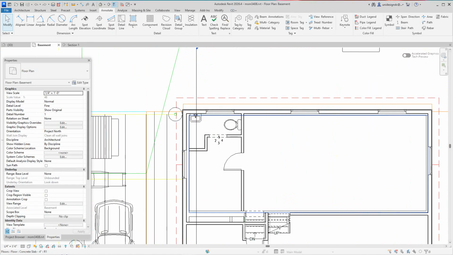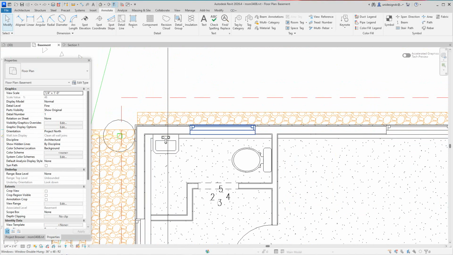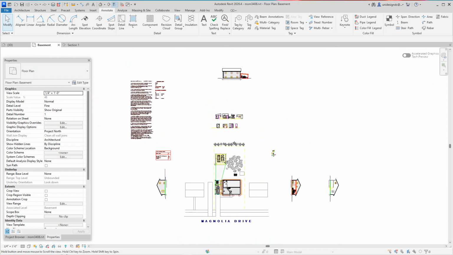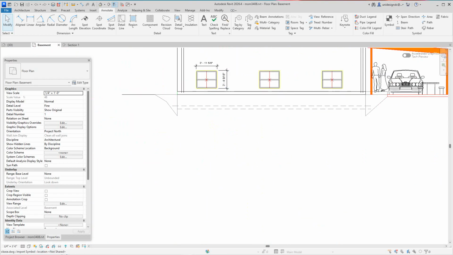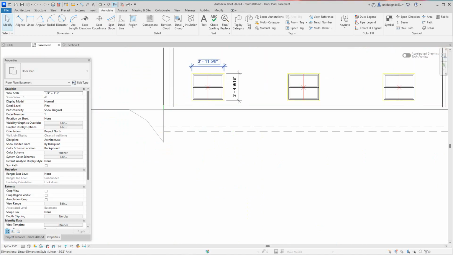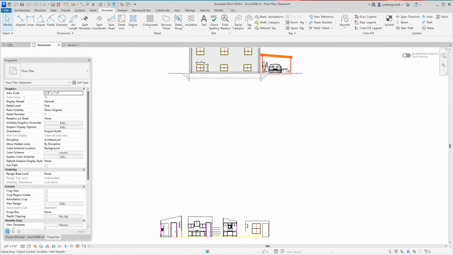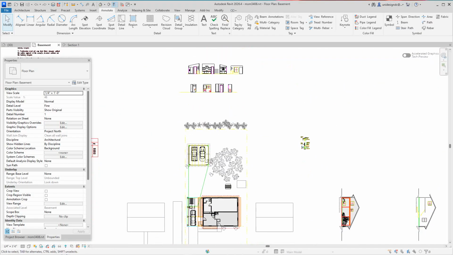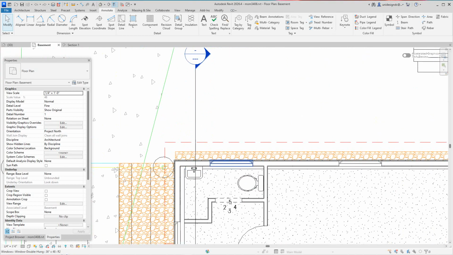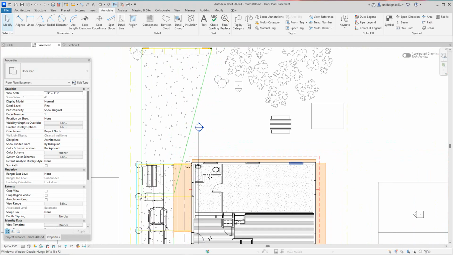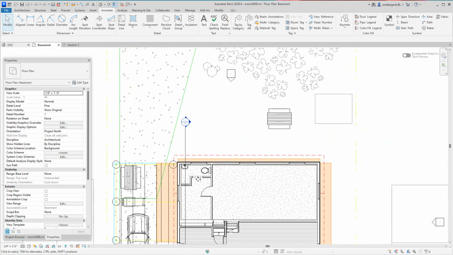And so here I added windows. And these windows came from this elevation view. So I basically extracted that window. It's a 4 by, say, 3, 5, something like that, and I just took that and duplicated what I had, and I created these windows here. So I've got all these windows on this level, okay,